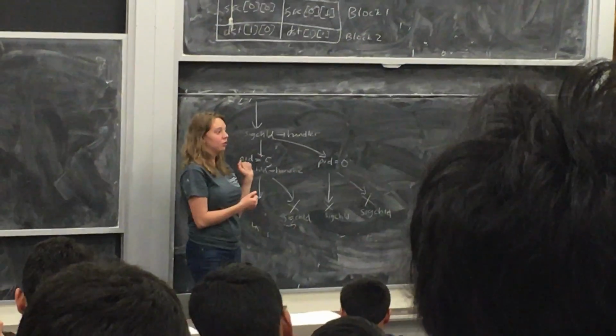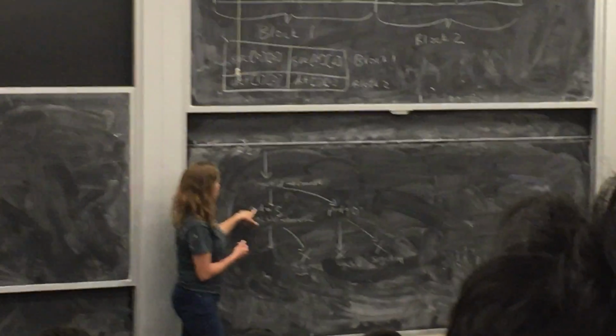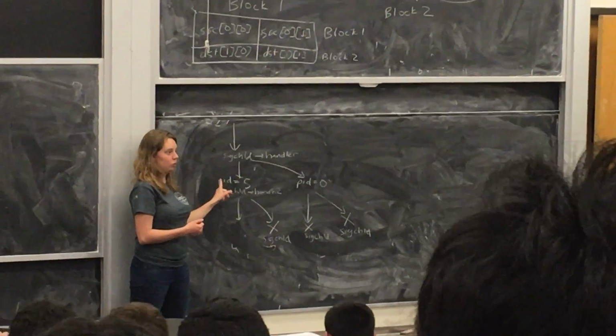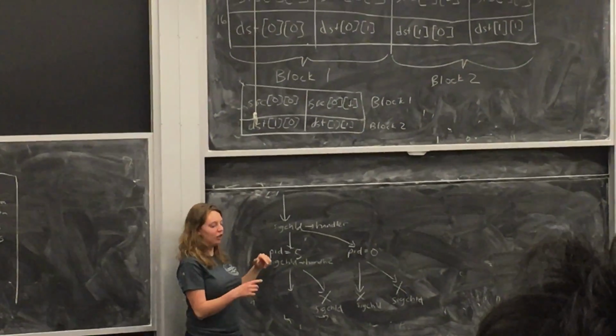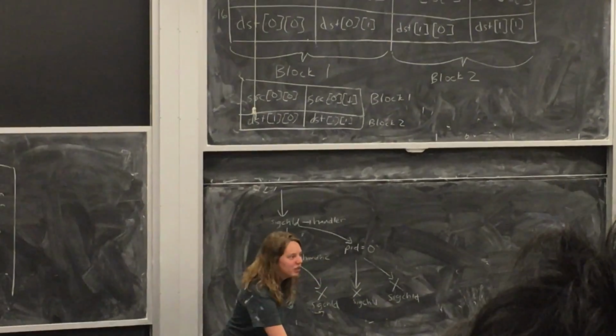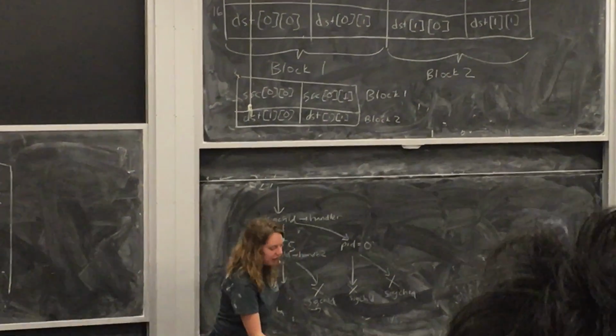How do we get two different PIDs? Right, so that is the return value of fork. If we look, that's actually not the PID of these functions. That got set